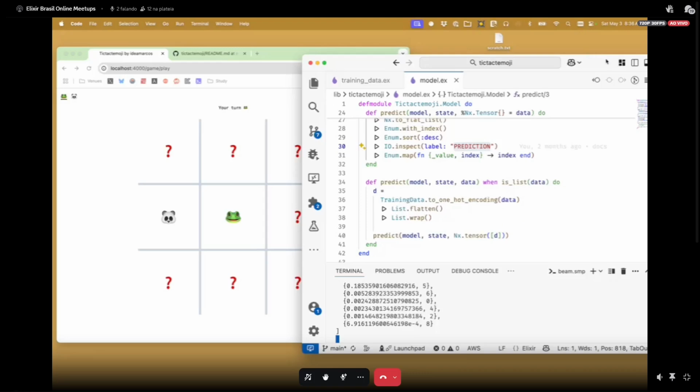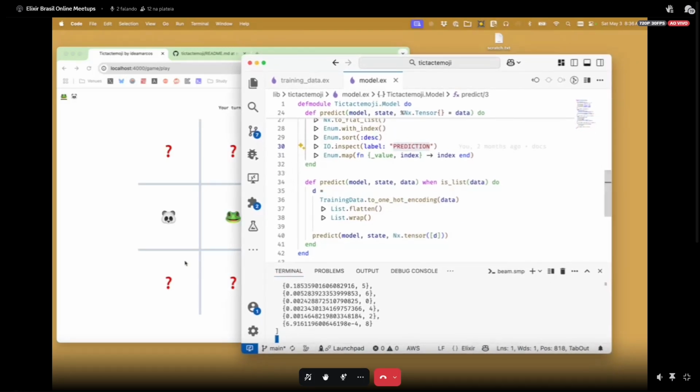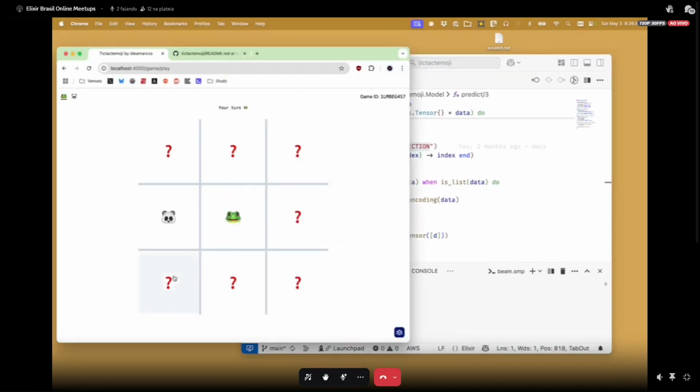And let's see what else is there. I think it should mirror. So it learned how to block. It's trying to win here, so I'm going to block it. It's going to try and win there. So it's really good at learning what to do. I don't know what the best move is for me. Yeah, so this is going to go on forever. Oh, no, maybe. I don't know. But in any case,